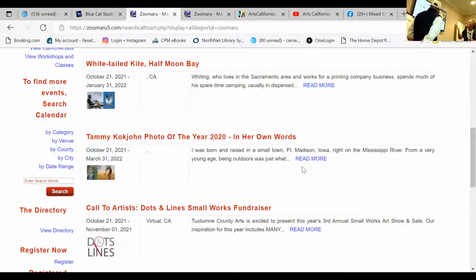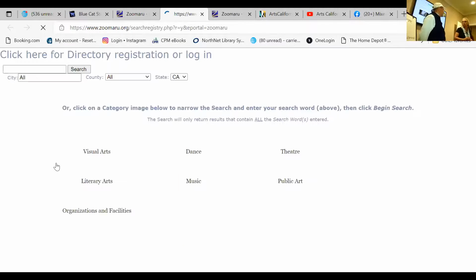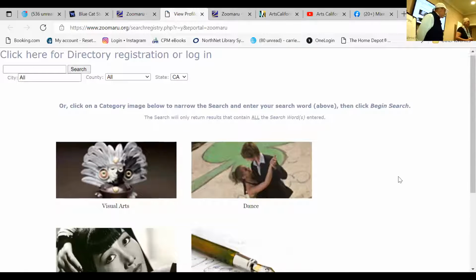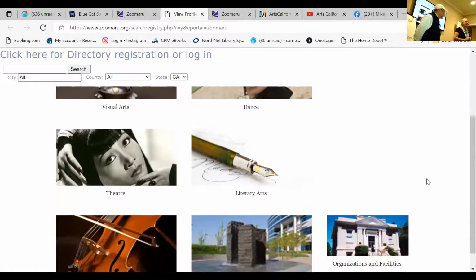But part of the whole Zoom system, it's not just an online event calendar, it's also an artist directory. And we do have organizations who use the artist directory. I think the Nevada County Arts is still using our artist directory. And it's a way for,